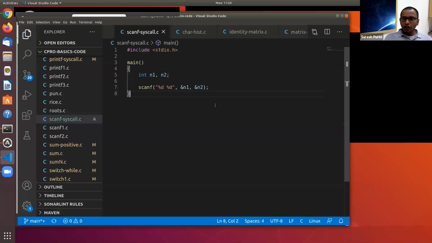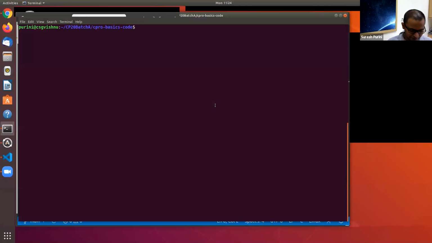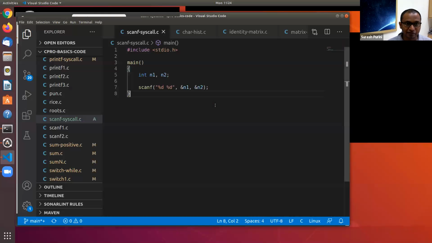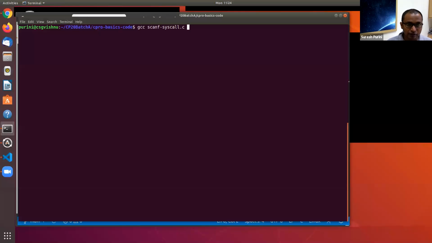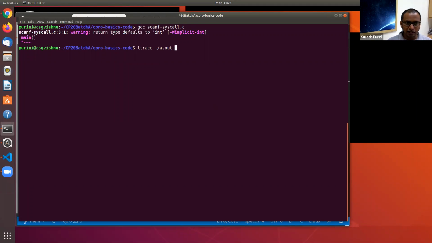Yeah, so now let's look at scanf. This program is extremely simple. We are reading two variables, n1 and n2. First, let's do an ltrace on this.